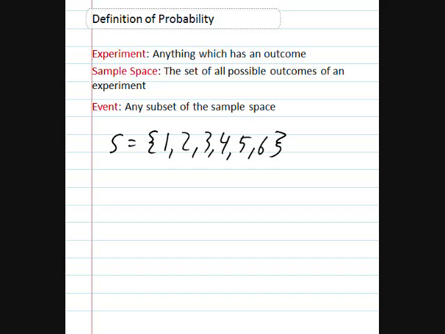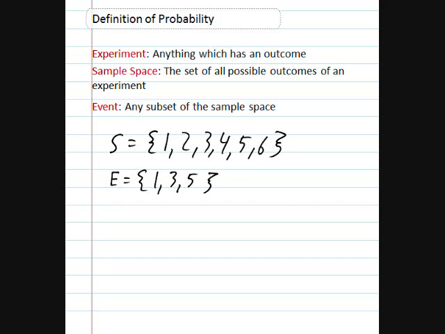An event is any subset of the sample space. For example, the set E containing 1, 3, 5. This subset represents the event of rolling an odd number on a six-sided die. The event contains every possible outcome that fits the description of an odd number